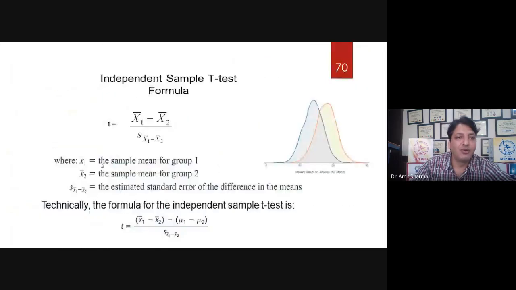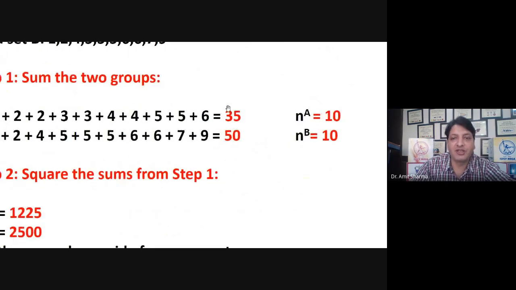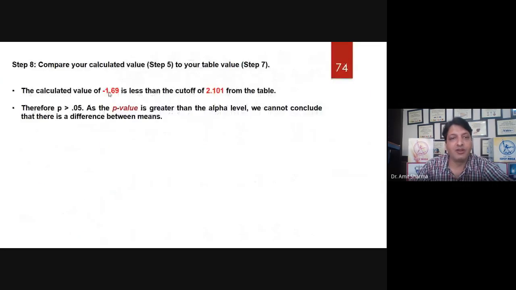But if you want to show your results, see here we can see that the mean of first group was 35 and mean of second group was 50. So by seeing with your eyes only, you can see that there is a difference in both the means. The mean difference of both the groups was found to be 15. So this you can prove by using the statistical test also. So you have to compare your t value with the cutoff value which you are going to take from the table. Clear?